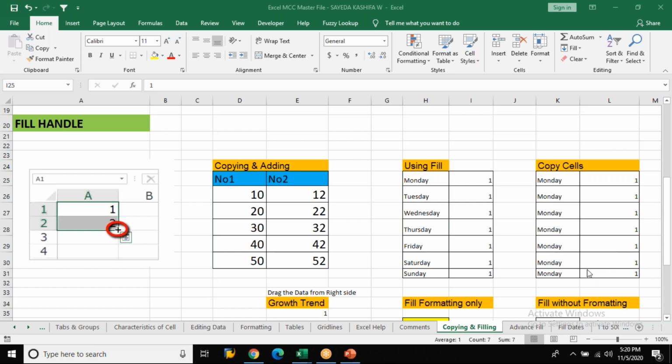Correct. Copy is the same data, and fill is nothing but incremental.